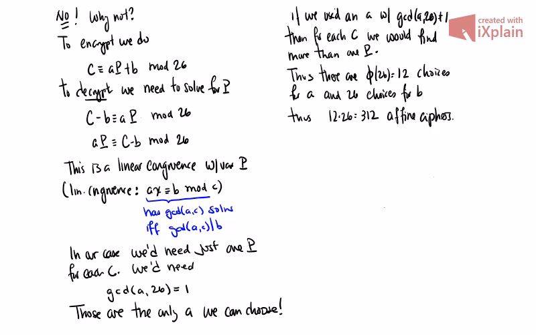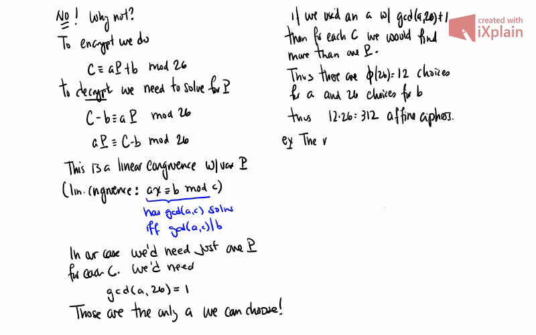So, 200 years ago this might have been really good, but nowadays this is no good, because checking 312 different combinations and looking for a result that makes sense is very, very quick. But just to be clear, let me give you an example of encryption and decryption. I'm not going to worry about giving actual words, because I think it makes sense what we do, but let's